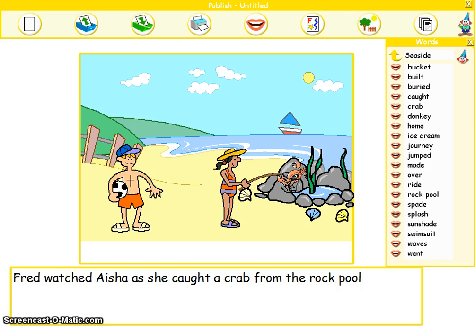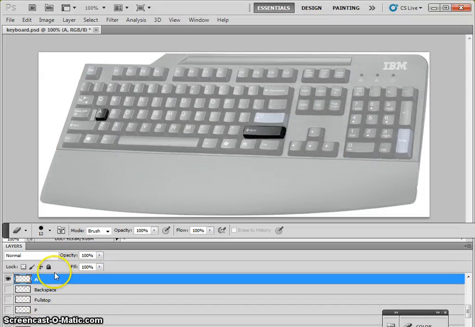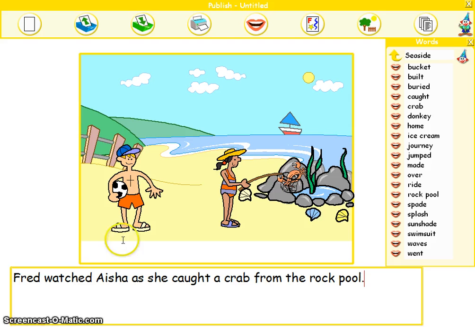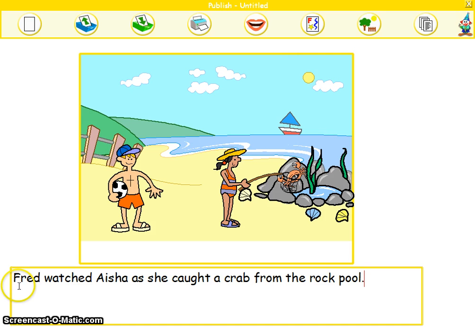To finish my sentence, I need to put a full stop. To do a full stop on your keyboard, you simply need to press this button here, and that will create for you a full stop. The next thing I want to do is to make sure that all of this text fits nicely inside this box. So to do that, I'm just going to close this words menu. I can move my arrow to the start of the sentence, click, so my red line appears at the start of the sentence. I then click on the effects button at the top,